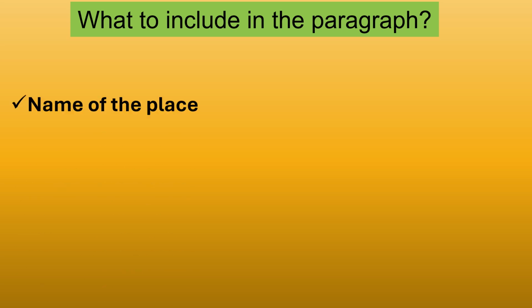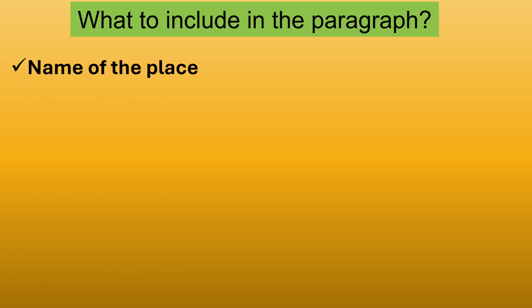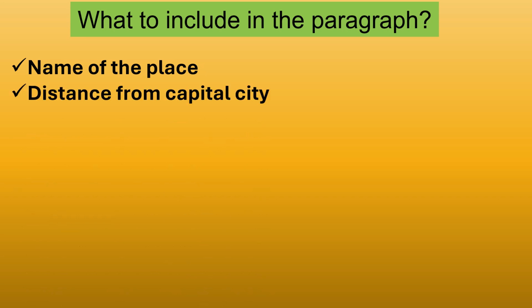You first need to include the name of the place. You must mention the name of the place you are describing at the beginning of the paragraph, in the topic sentence. Then, if the place you are describing is not the capital city of a country and